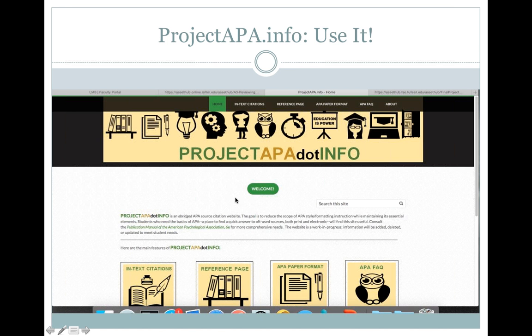I hope this makes it clear too, because last week I didn't mean to rush through how to properly create an APA style reference. But now that I've showed it in real time, I think it hopefully is a bit more clear. Project APA info, use it. Okay, write this down, take a screenshot. I think I mentioned this last week, but what's great about this website is that it's designed for students. It eliminates most of the esoteric, really rare things that you'll probably never have to deal with and just focuses on the basics. So run to that website when needed.